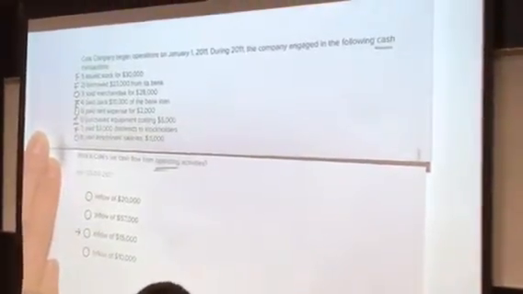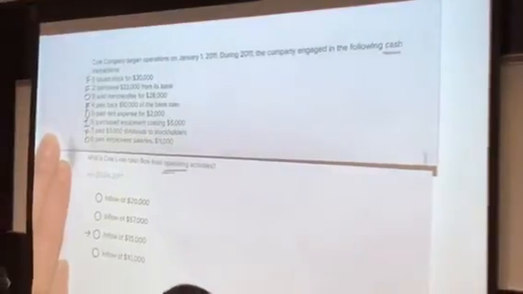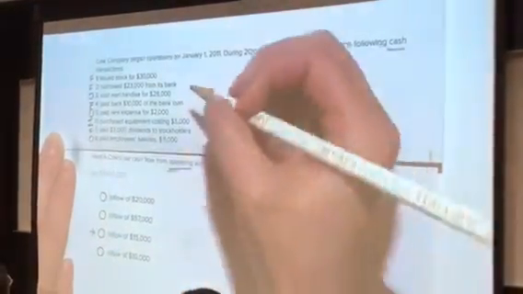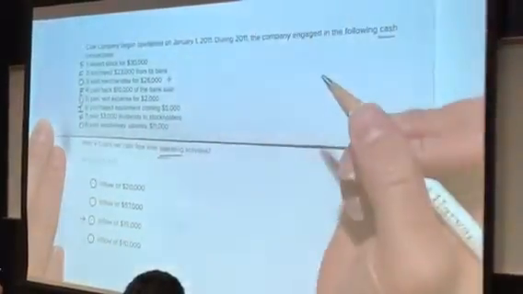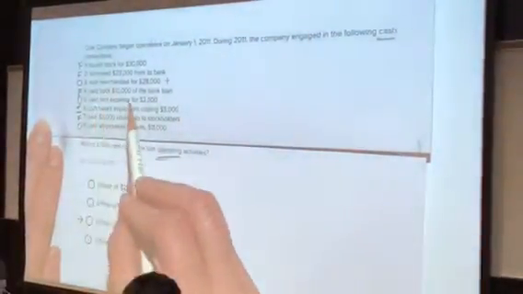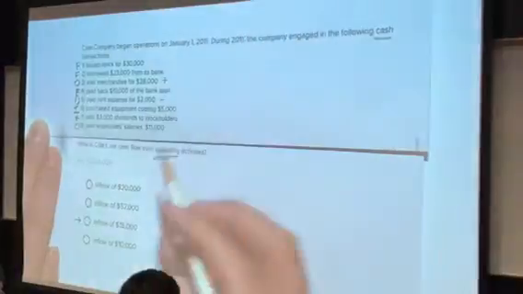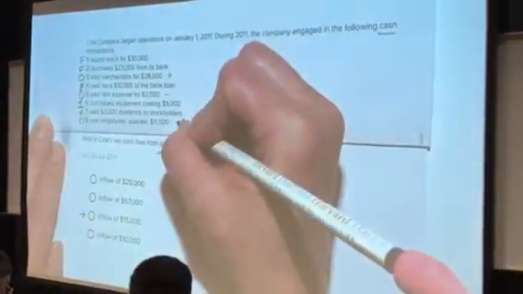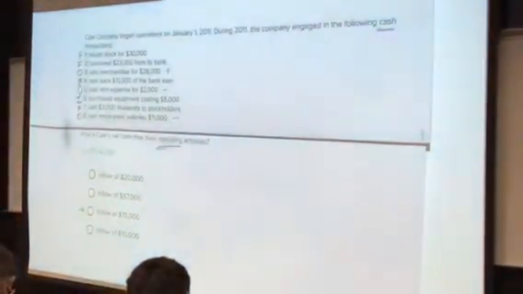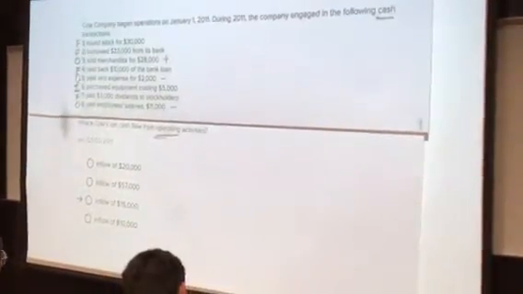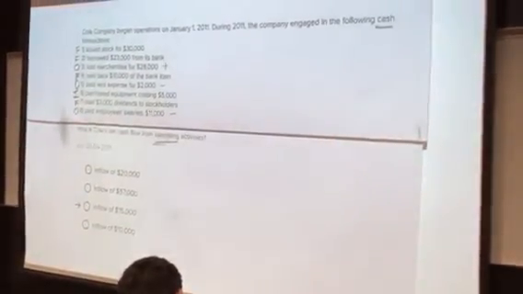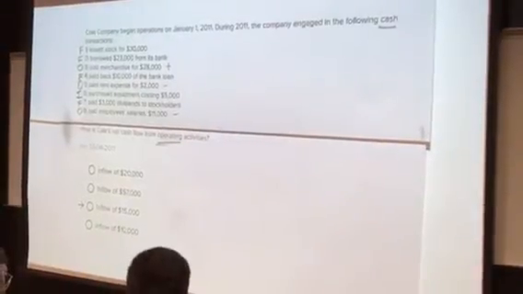I like to start with my pluses and then subtract out my minuses because it's easier on my calculator, so I scan through these quickly and see. When I sell merchandise, I'm getting cash, so that's a positive cash flow there, an inflow. When I'm paying operating expenses, that would be an outflow. And when I pay employee salaries, that would be an outflow. So I put into my calculator the $28,000, then I subtract out $2,000, and then I subtract out $11,000, and I wind up with a net cash flow